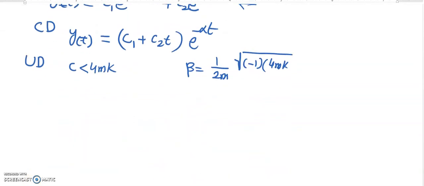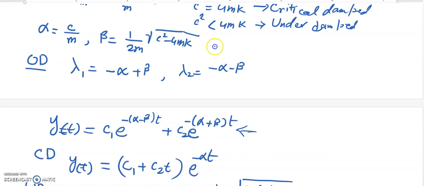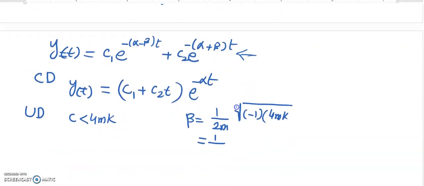So we can write like this: 1/2. So for m, this beta, we can write like this. Because instead of c square minus 4mk, we can write it as 4mk minus c square, and then multiplied by -1. So it will be 1/2m like this, so under root -1 is